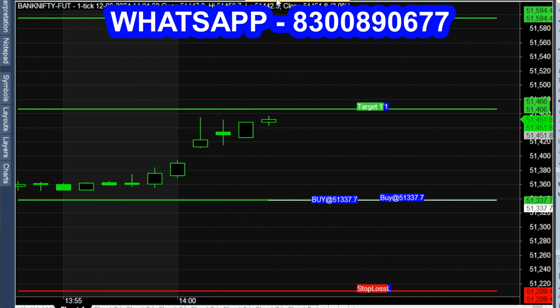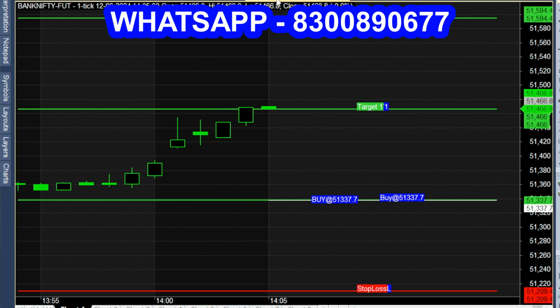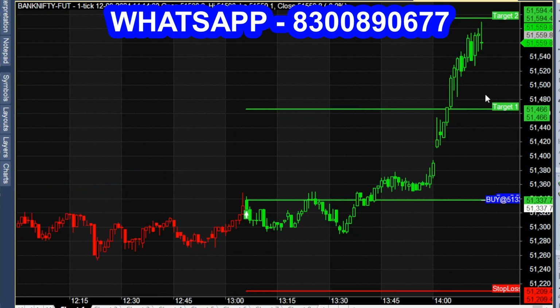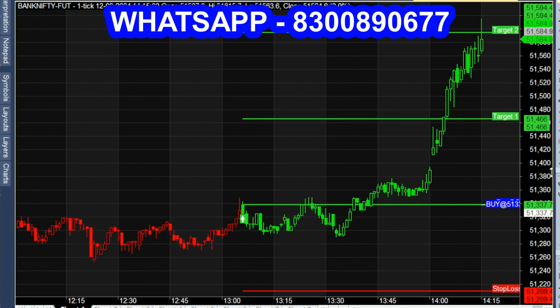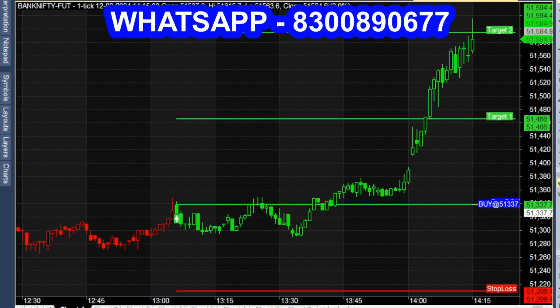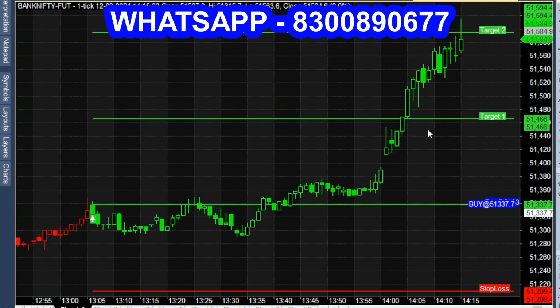After an up and down volatile move, it started to move in the upper side direction and broke out the first target range. In the next 10 minutes, it broke out the second target range also. Like this, the call generated and broke out both the targets. For the first 30 minutes, the market traded in a very flat momentum, but after a momentum, it broke out both the